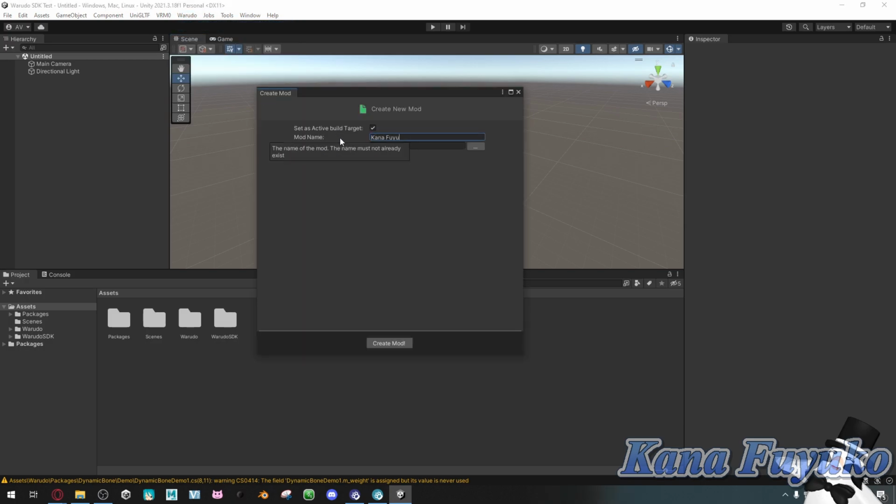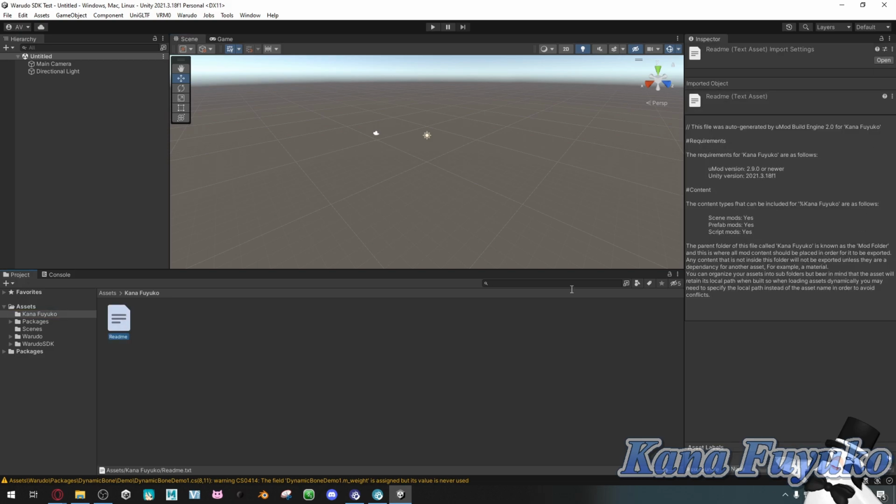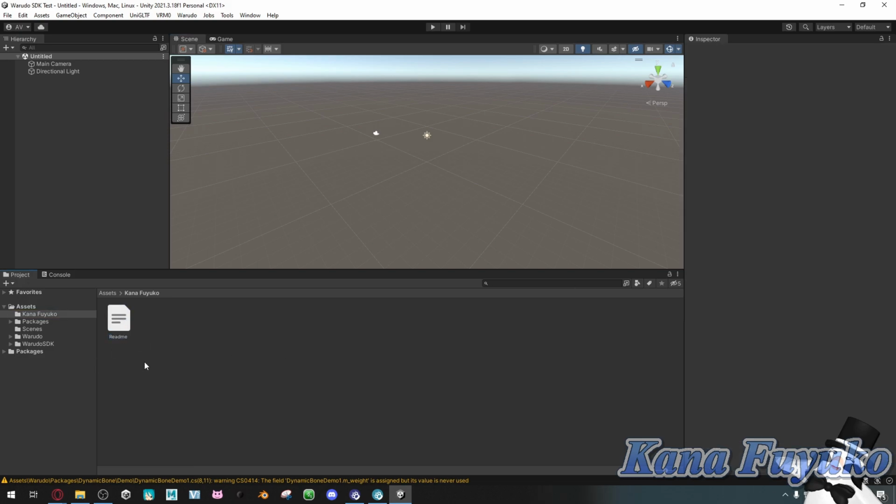I will name it after my character, but otherwise you can name it however you want, and of course you can have your own file path if you wish, but otherwise default settings are good. Create mod. You don't have to read the README file. It's just random stuff here, and pretty much the first step we need to do, of course, is